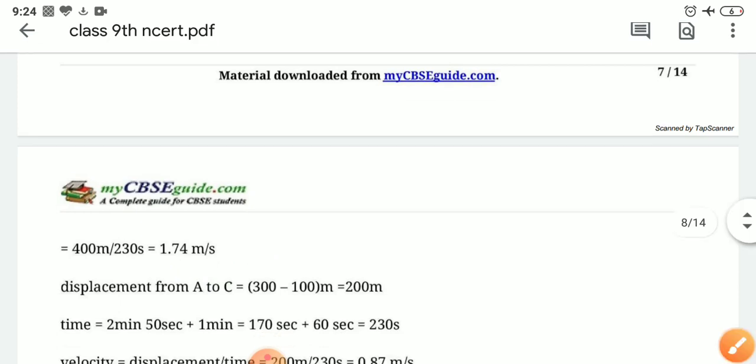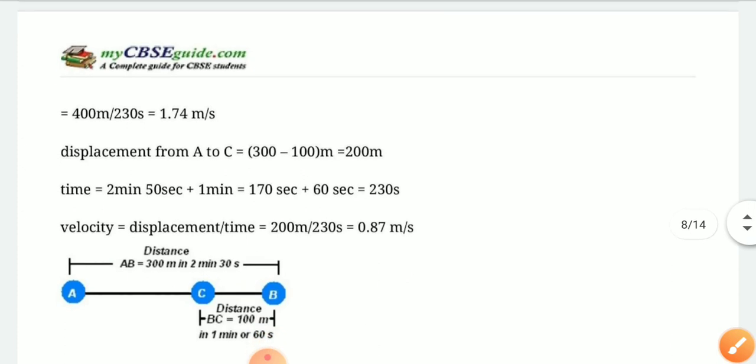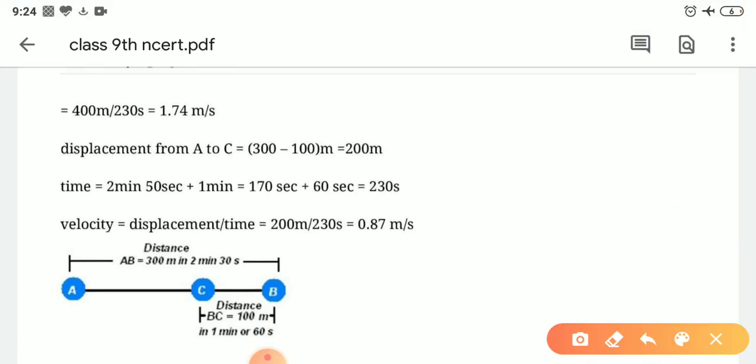Now let's talk about average velocity in this case. The body is moving from A to C. This is the initial point, this is the final point, but its path is different. At first it starts from A, then it moves to B, then it comes to C. But when we have to find average velocity, what is average velocity? Average velocity equals total displacement upon total time. Time remains the same as we discussed in the first case. But displacement is changed.